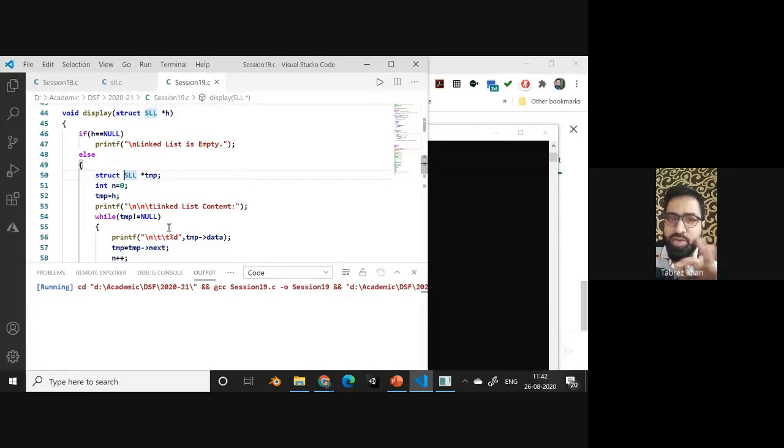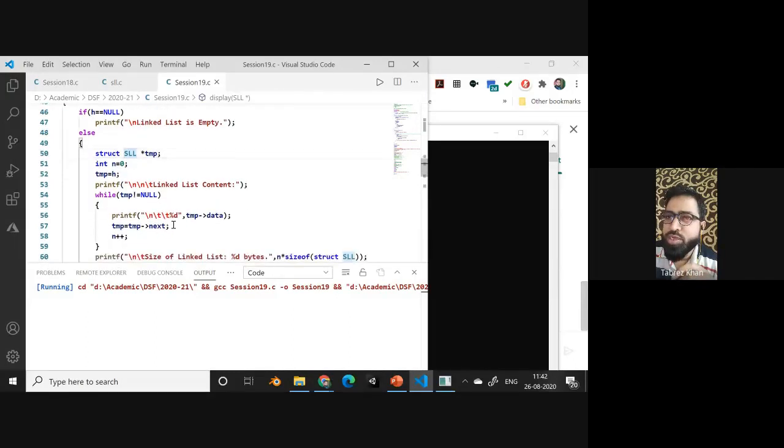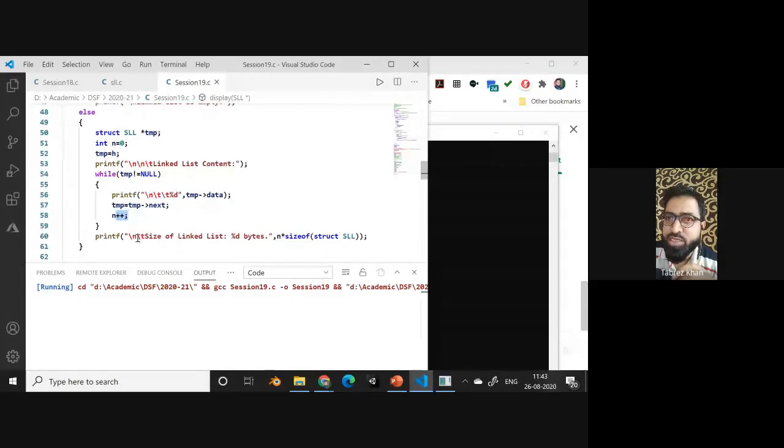You need not display anything over here, you only need to count. Okay, so temp equals temp of next, the same loop, no printf function, then n plus plus, and finally after this while loop, instead of this printf, you can simply write return n. Okay, so that will return the number of nodes. So this way you can have one more function which can count the number of nodes in the given linked list. Okay,